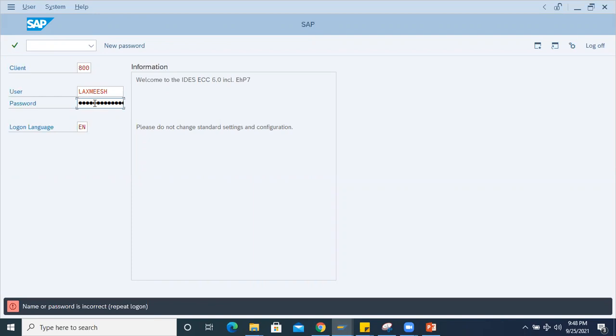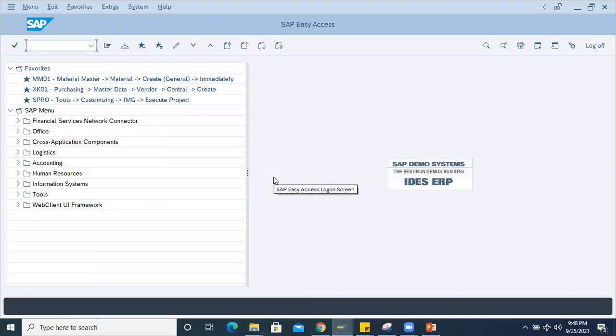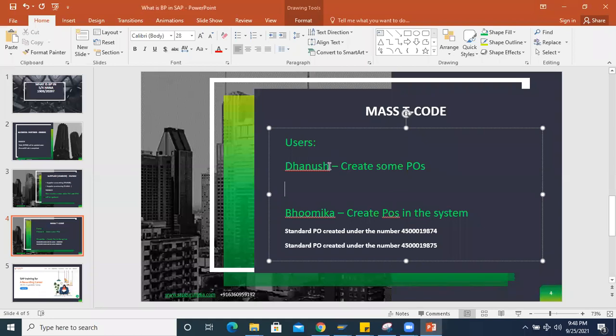Okay, I'll take Lakshmi. Lakshmi is another person who is going to create a purchase order in the same system. They might be colleagues.